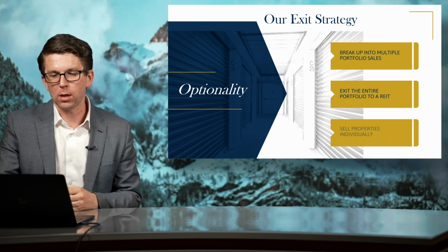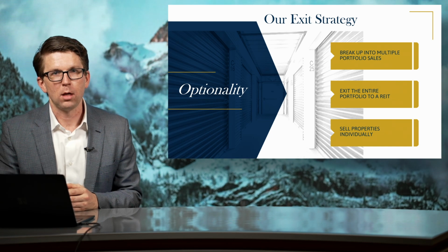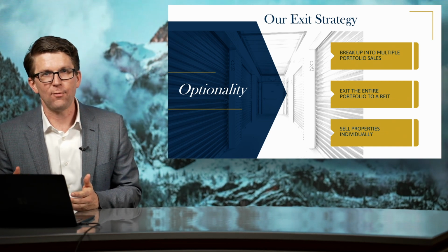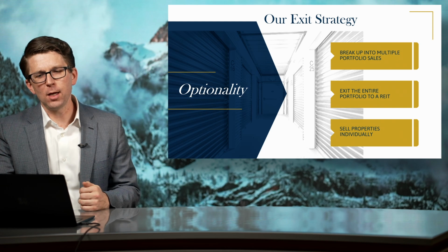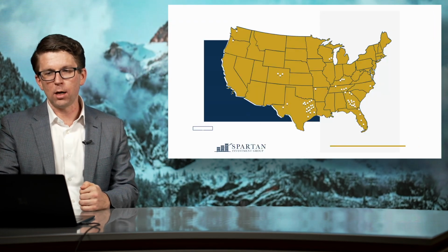So that's a really big advantage. And then, of course, we can always sell the properties one by one. We have a lot of 1031 money that is looking for safe, reliable income, and storage is becoming a really hot asset class. So speaking of the portfolio, this is just kind of an overview of what our portfolio looks